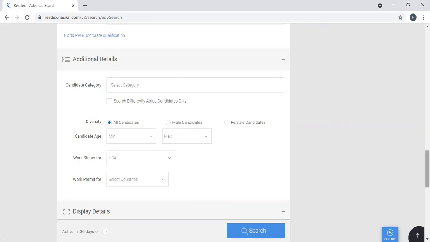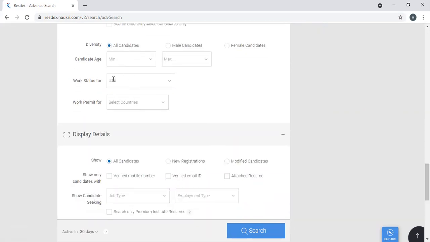Also you have a lot of options like candidates' work status. Let's say, for example, you are hiring somebody offshore, and you want people to travel onsite, maybe for a certain period of time, or for a long period of time. Then you can look in the profiles whether the candidate is a green card holder, or has a TN permit, visa, or is a US citizen, or anything. Maybe you request a US citizen who is residing in India right now and who can travel to the USA. This result can give you that.